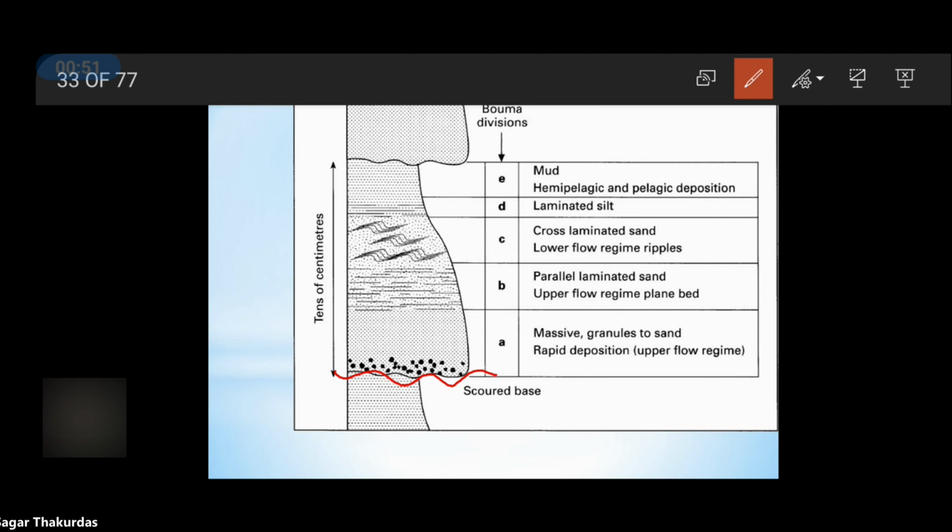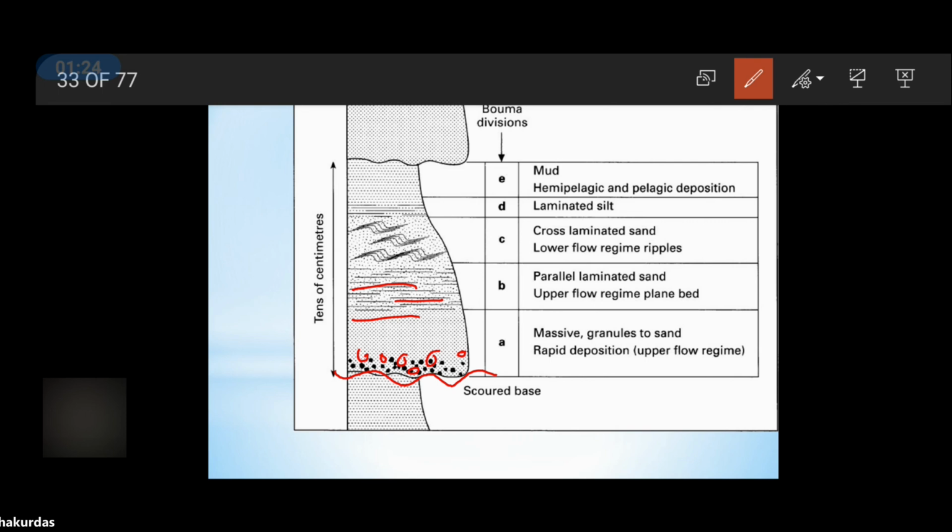Then you get to see the coarsest sediment above this, because the intensity is maximum initially where you get deposition of coarse material, and as the velocity goes on decreasing, as the intensity of flow goes on decreasing, finer and finer sediments are deposited. So this coarse conglomerate or basal layer is overlain by laminated sand.